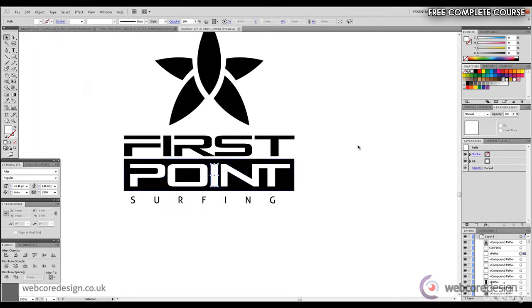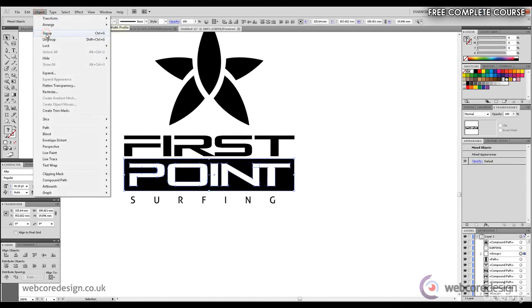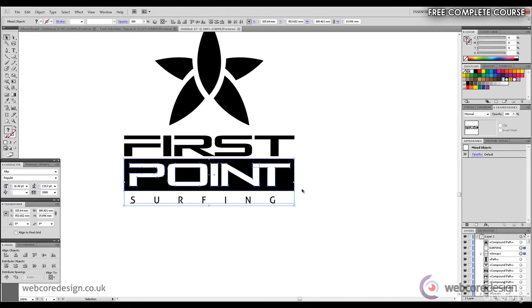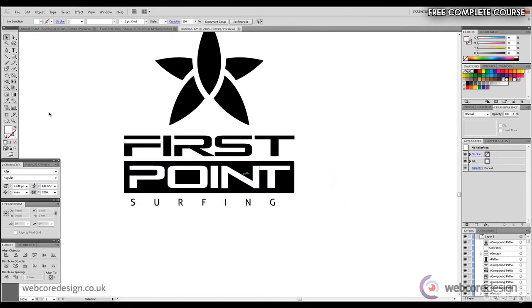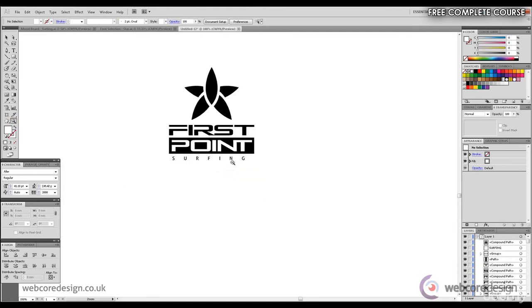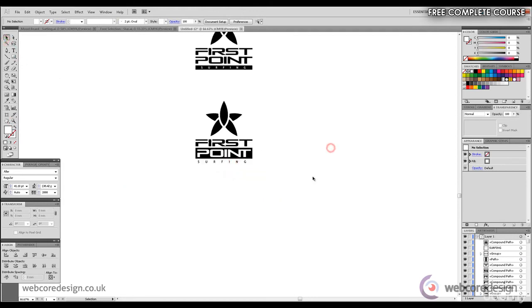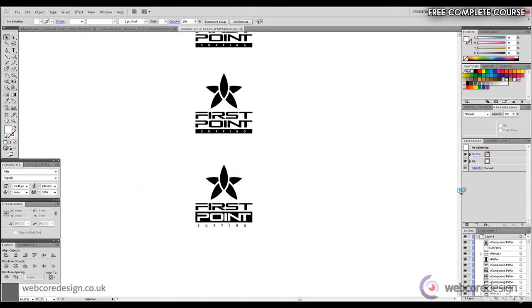Object, Ungroup, because I just want to fix this I, which is a little bit unkerned, and the P needs to move across very slightly. Highlight all, go to group, and move that up slightly, and we'll group all, including the box, and we'll move surfing and the box down very slightly. So I think this one looks better than the one at the top,